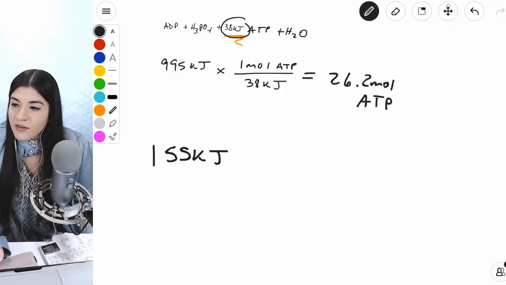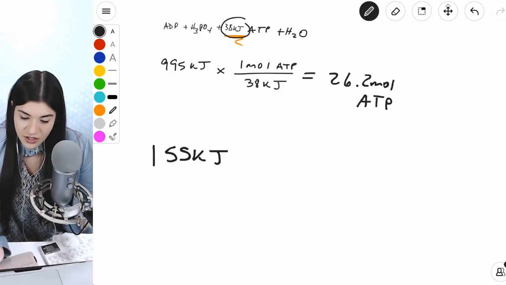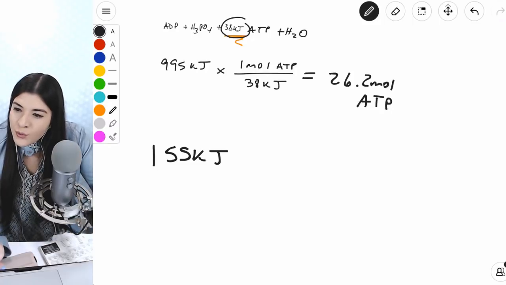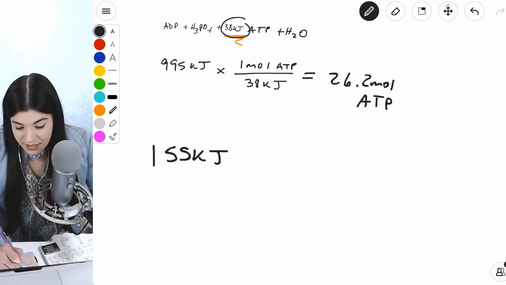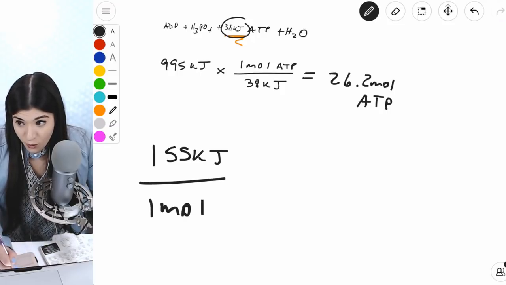995 energy of the entire reaction. What is, now we're changing it. Oh, I see. Now we're changing it. And then we just have 1 mole of phosphoric acid, and I'll change that to mass. Okay, so what I'm going to do is think of this as being per every 1 mole, and then